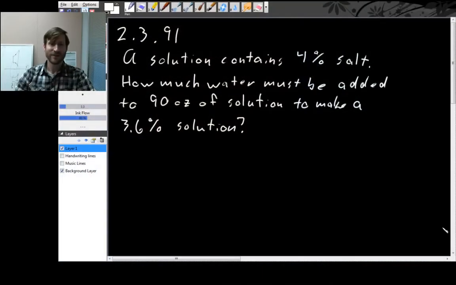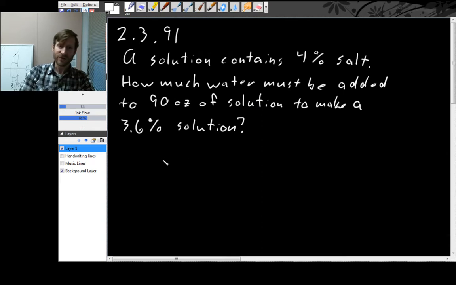Here's a solution to problem 2.3.91 from Rockswold's algebra. The problem is, we start with a solution that has 4% salt. How much water do we have to add to 90 ounces of the solution to end up with a solution that's 3.6% salt? So the idea here is, since we're just adding water to the solution, we're not adding any